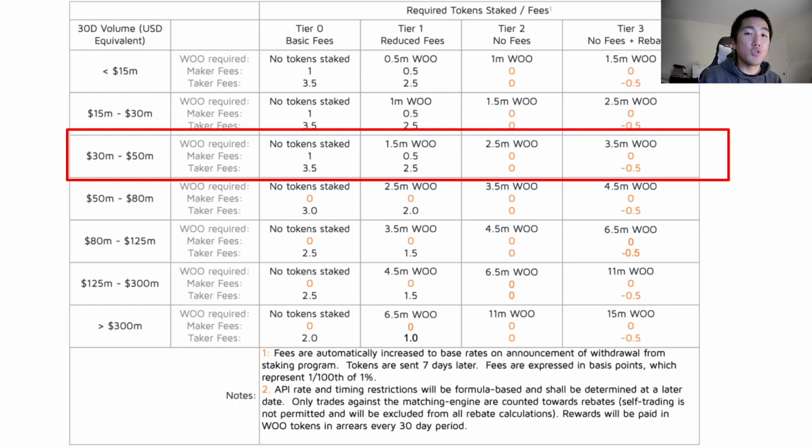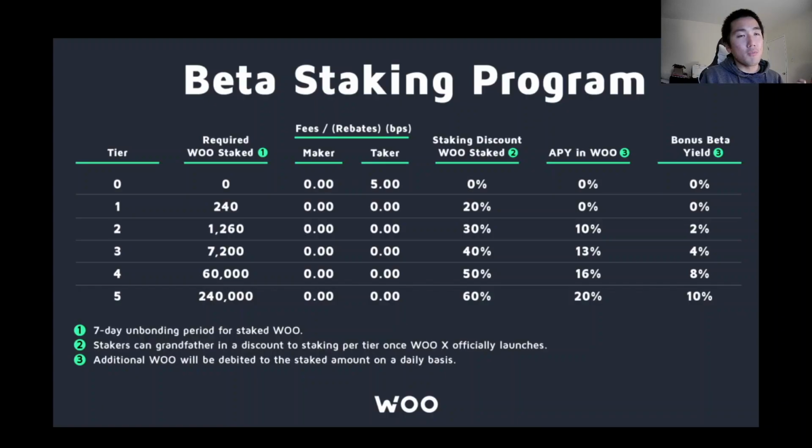So there's going to be institutional demand for Woo to get better rates, and this works on the retail side as well. In terms of Woo for retail traders like you and I, it's sort of like BNB and FTT, where if you hold the token, you're going to get better, reduced rates, right? And the cool thing about Woo is you can also stake it. You can stake it for double-digit APY, which is something I'll be doing in the future whenever this is rolled out.